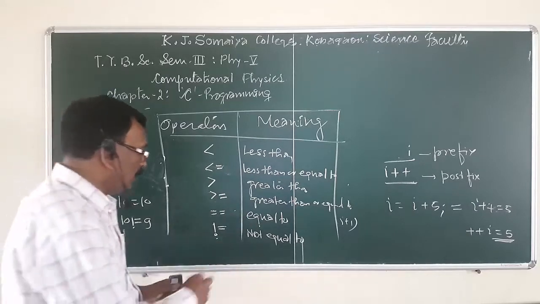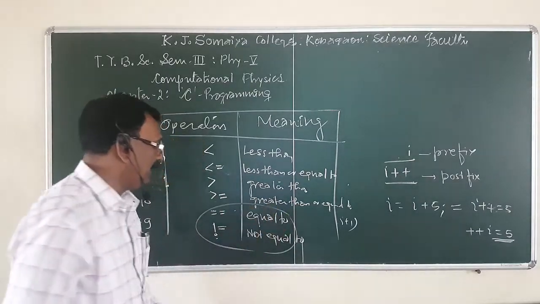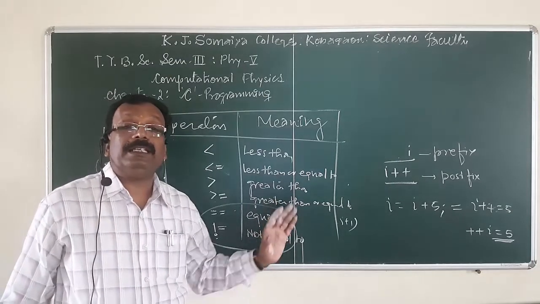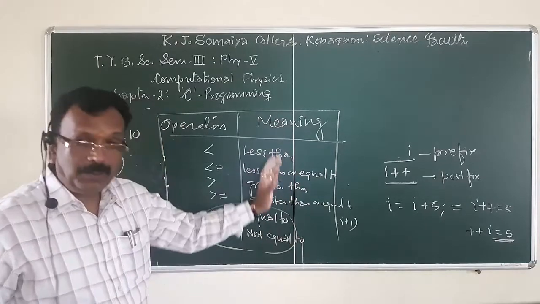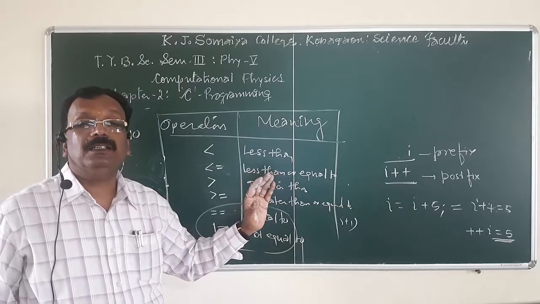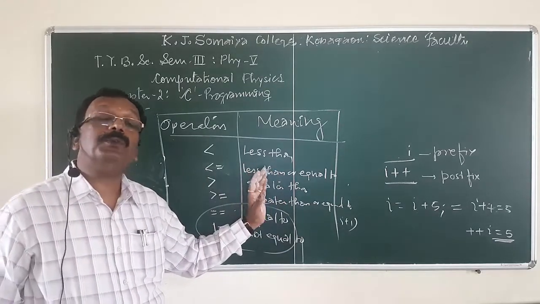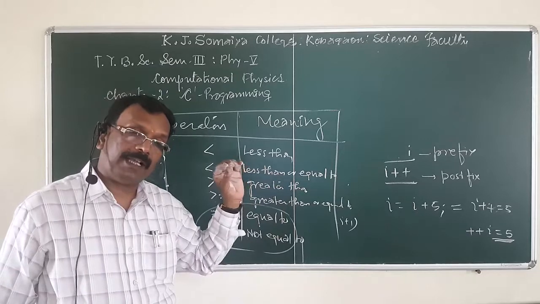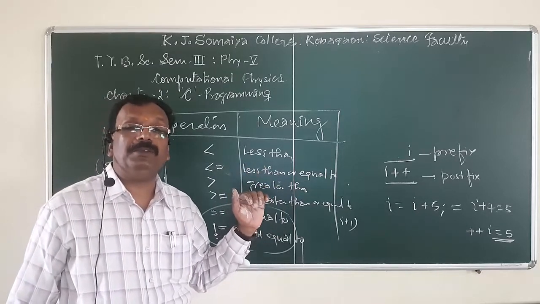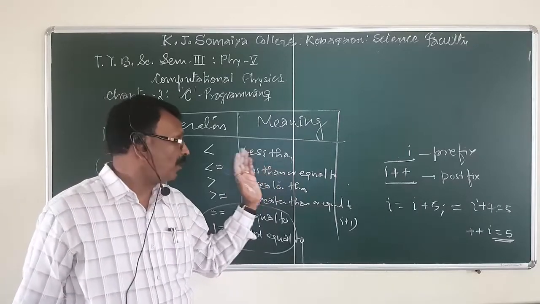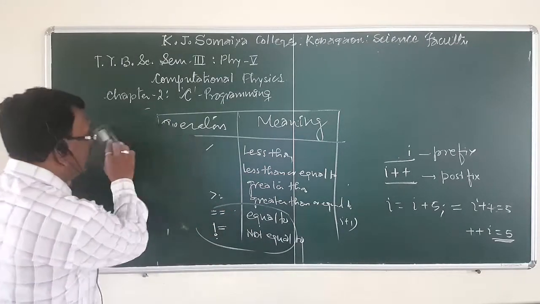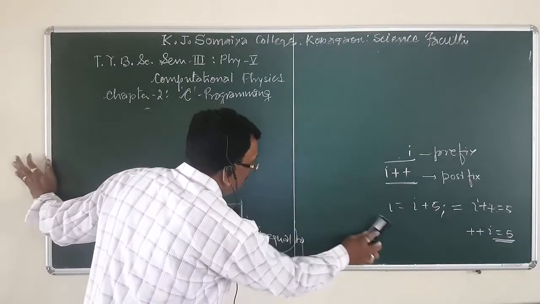Note that these two, the last, equal to and not equal to, are also known as equality operators. And for every operator, note that the associativity of these operators is from left to right. I am going to repeat this because it is very important. Note that the associativity of the operators is from left to right. Okay. Now we are going to see the examples of this